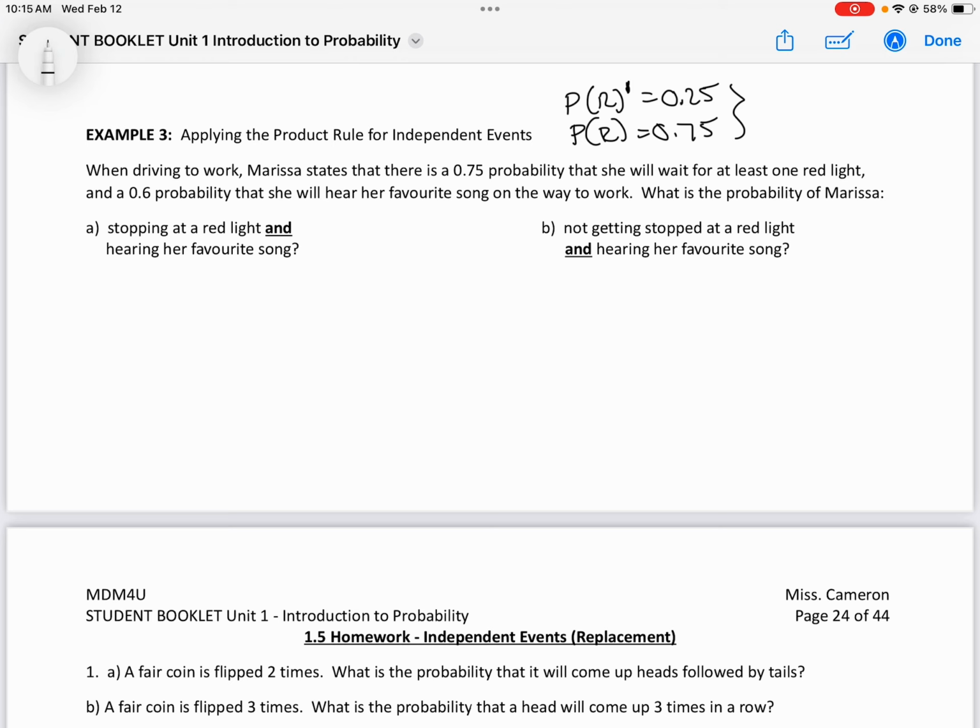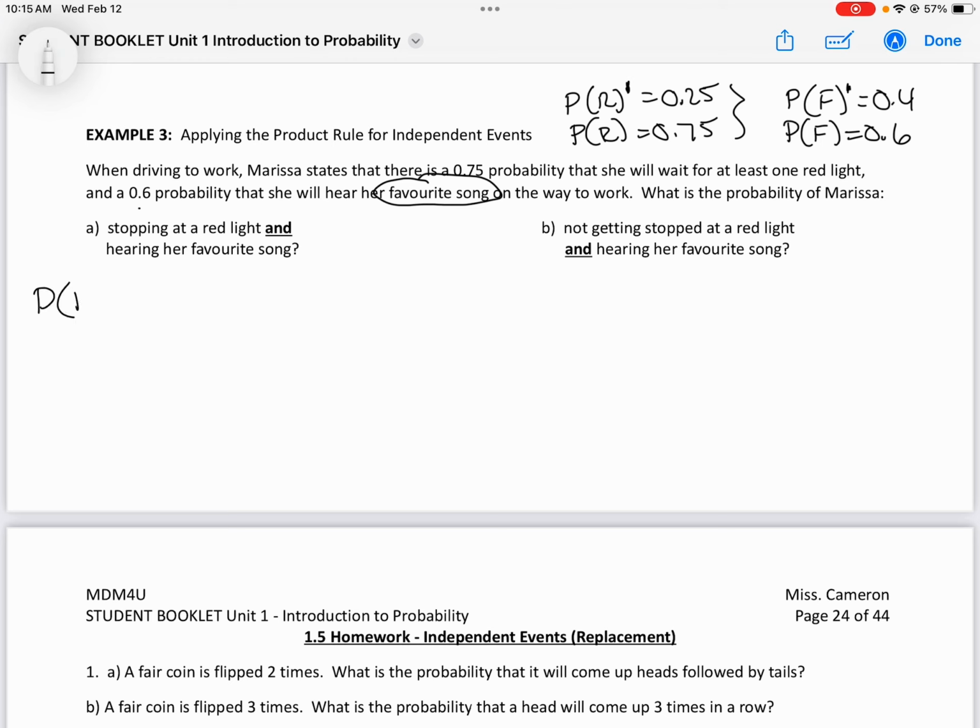Now, keep reading, and there's a 0.6 probability that she'll hear her favorite song. So the probability of the favorite song is 0.6. So the probability of not the favorite song is 0.4. These are completely independent of one another. The probability of hearing a favorite song and stopping at a red light do not change based on each other. So, what is the probability that